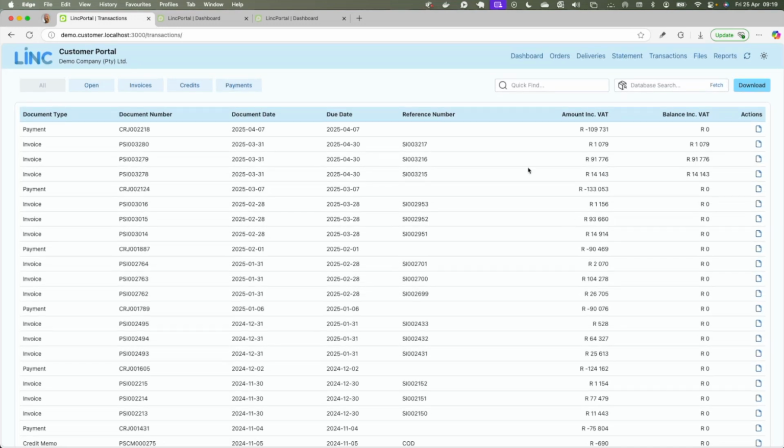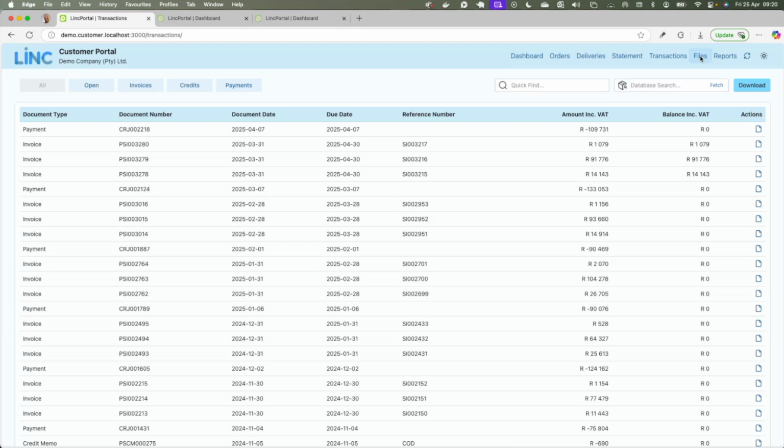And it doesn't matter what you filtered on, if your customer clicks on this little button here, that'll generate that actual invoice. It will use the invoice layout and the specific invoice report in Business Central that you have asked us or developed yourself. That'll download that actual invoice. And in the case of a payment, it'll download the actual payment voucher or the remittance advice for that payment so that your customer can see what was settled.